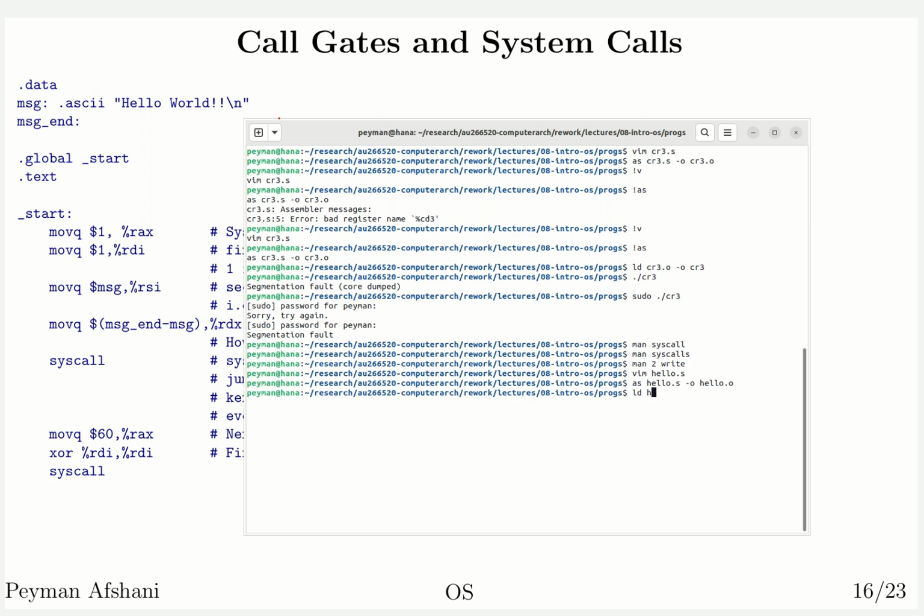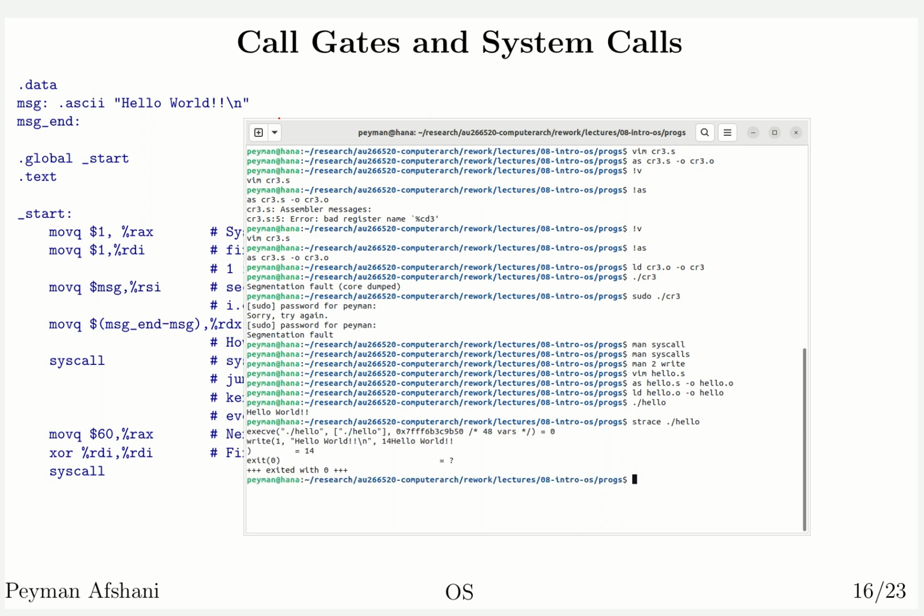We can compile it with the assembler to hello.o, and then we link hello.o to hello, and then we can run it. One interesting thing about Linux is that there is a command called strace that you can run any program through. So now I'm running my program hello through strace, and it shows me the system calls done by this program. I will see that there are 3 system calls. The first one is for executing the program itself, and then the 2 other ones that we know exist in the program: the first one is for the write, and the other one for the exit.